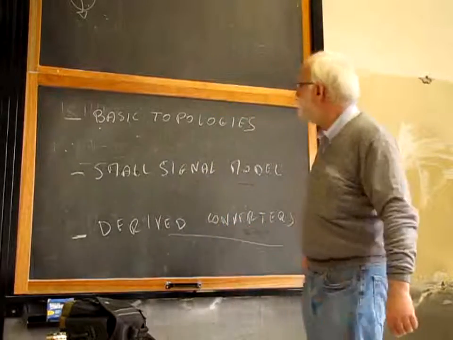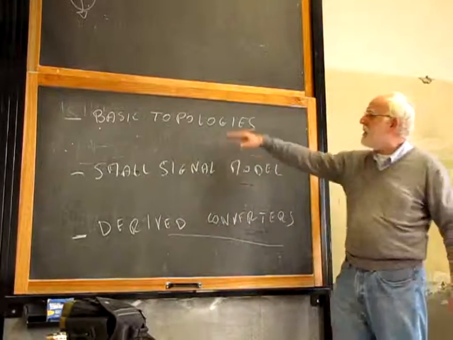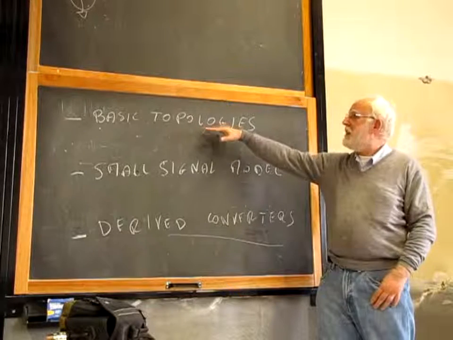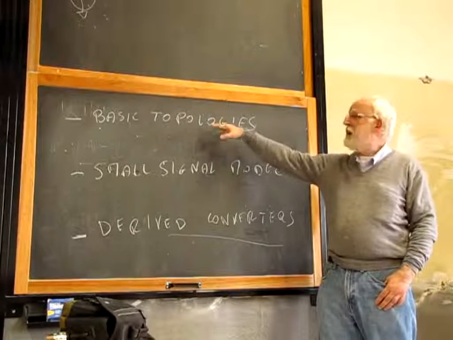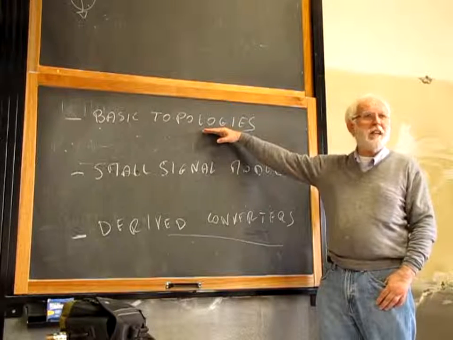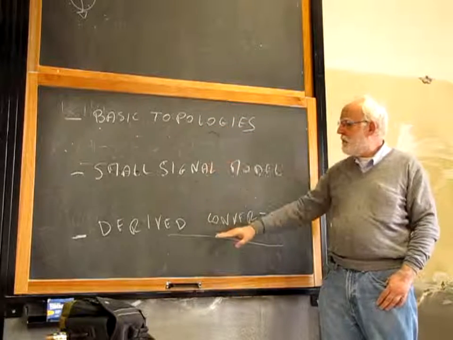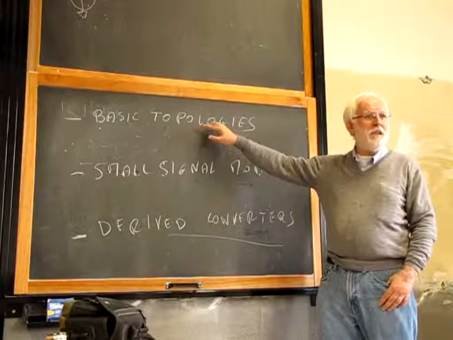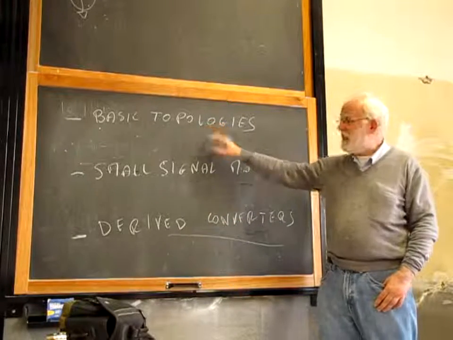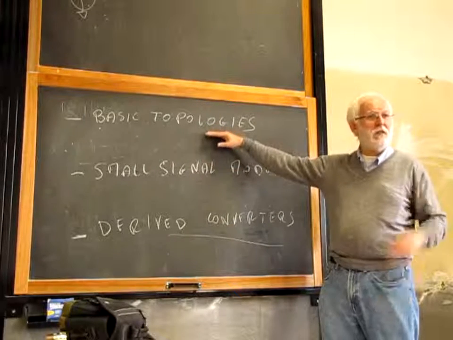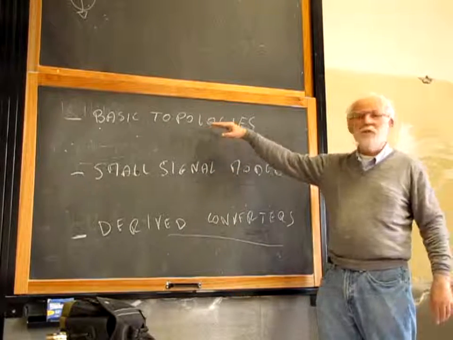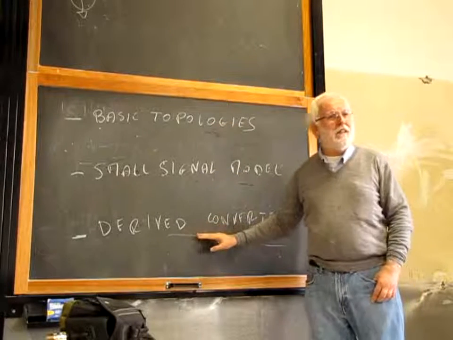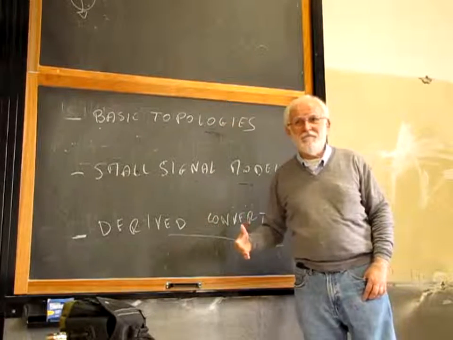We could start, for example, designing some basic topologies. Those are not the problems we will find, but designing a basic topology is a big part of what you will have to do on your final design. That means you have the same kind of calculations to do. In some cases, the derived topology is just a basic topology plus one component. And so, if you learn to design a basic topology, your life designing a derived topology will be quite easy.